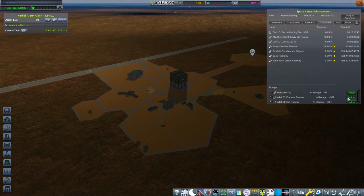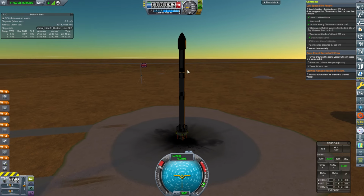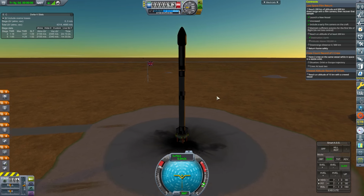Right, we're going to roll that out and have a go. So I think this is the first flight we've had of the Atlatl 3. Of course the Atlatl 3 has this second stage. We've got our avionics unit on the second stage. We don't have it on the first stage. Should be enough to cover the whole thing. So we're going to try this. It gives it a bit of extra